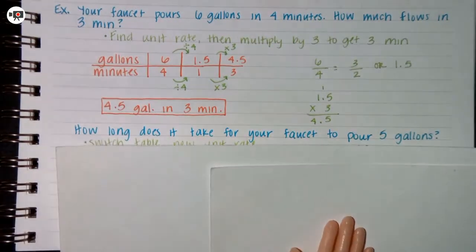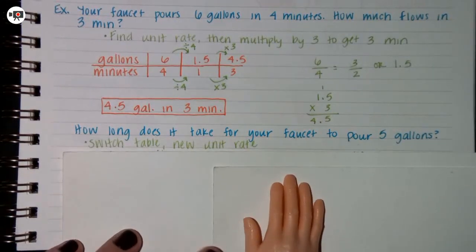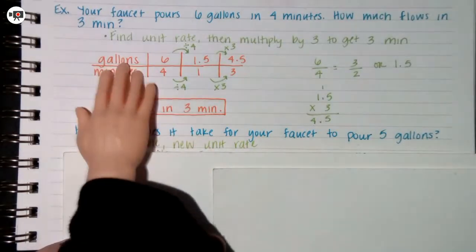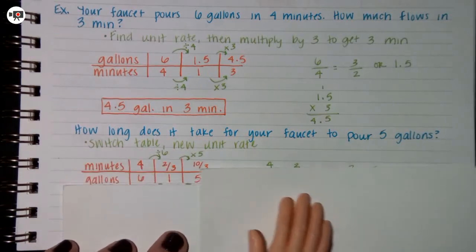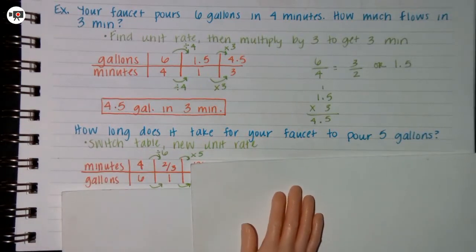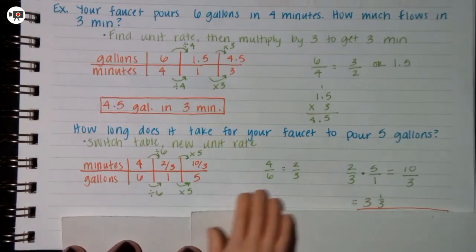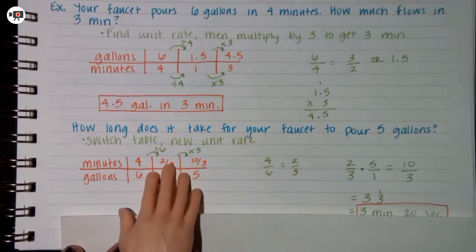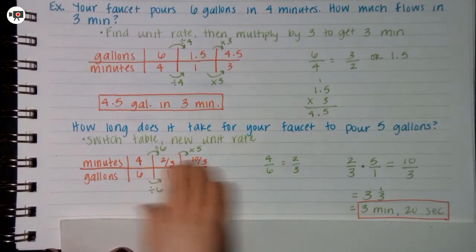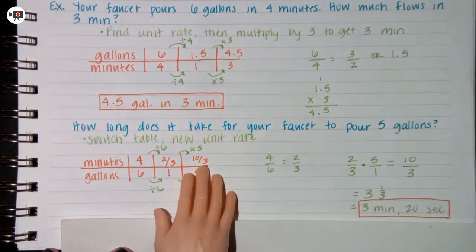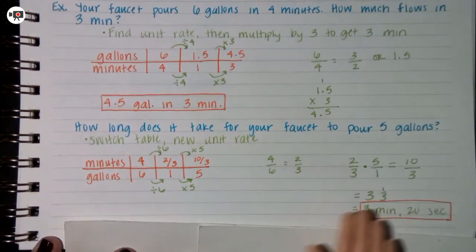And we are asked, how long does it take for the faucet to pour 5 gallons? So we're going to switch the table because we need a unit rate, so how much per gallon, and then we're going to multiply by 5. So minutes over gallons is 4 over 6, divide by 6, and if we do 4 divided by 6, that is 2/3. Turn 1 into 5 and we multiply by 5. So 2/3 times 5 is 10 over 3. So that's 10 over 3, which is equal to 3 1/3 if we put that in a mixed number,